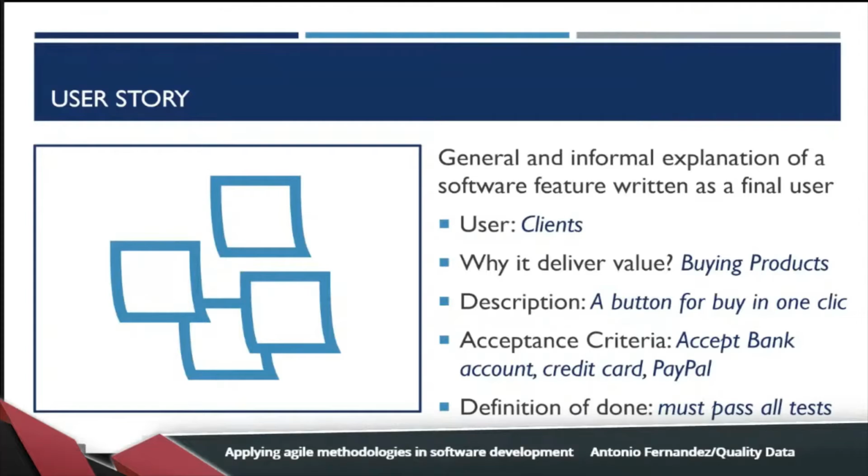One of the most common examples of a definition of done is that the new feature passes all tests in the quality environment. Usually in a project, we have 3 environments as a minimum: the developer environment, the quality environment used by the testers, and the production environment in which we deliver the product to our client.